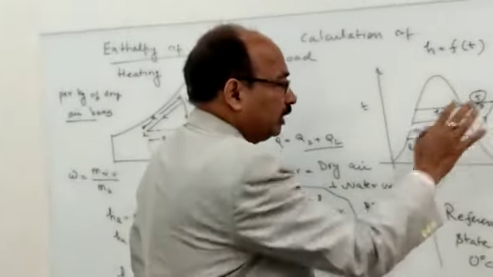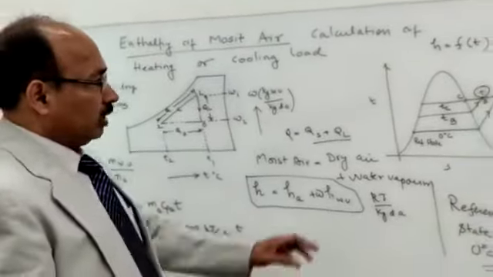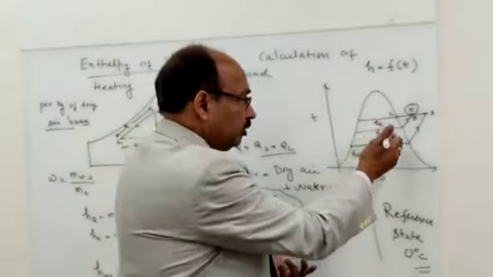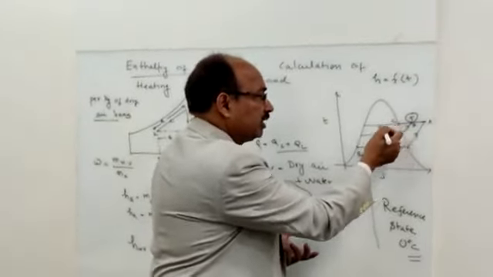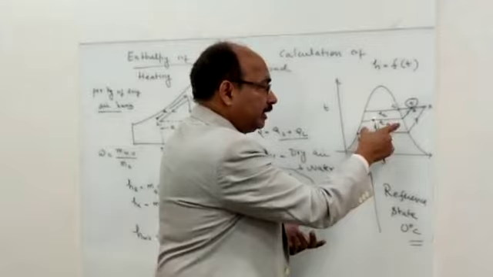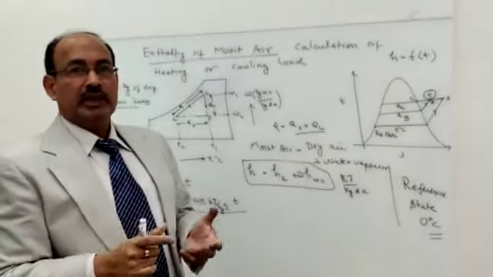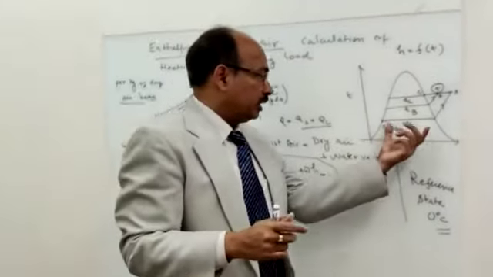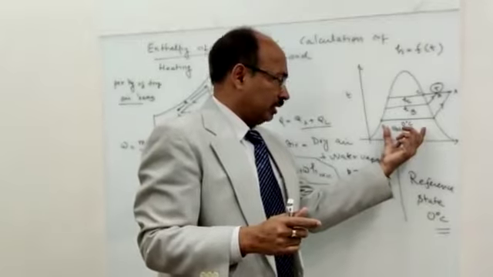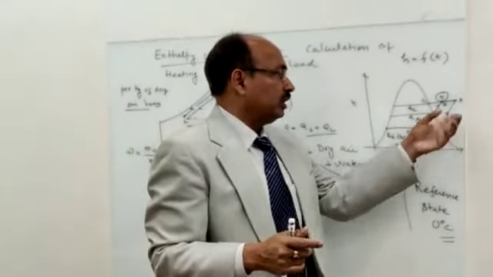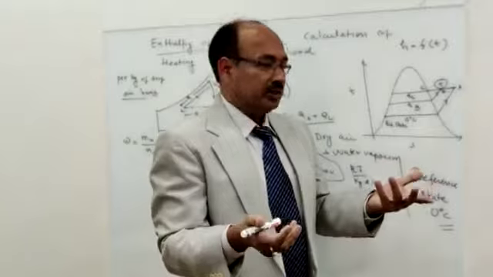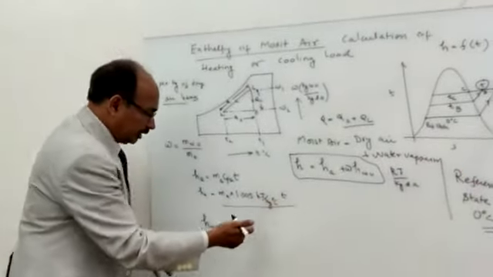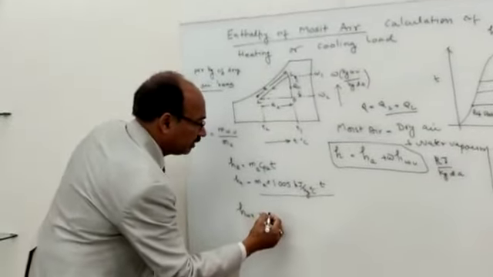So all will give the same value. If we use B or C or any other method, the latent heat part is not fixed. So as a reference, the 0 degree state is used as a customary, and from 0 degree to T, the difference is very easy, just T minus 0 is T. So that is how the enthalpy of water vapor part is calculated.